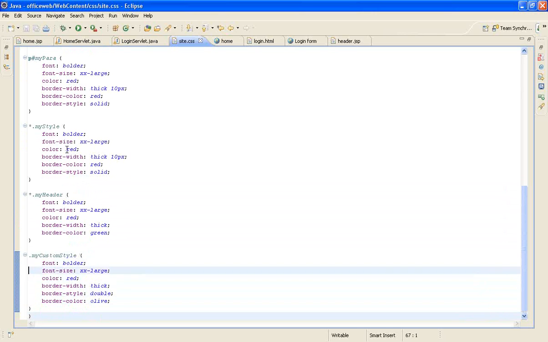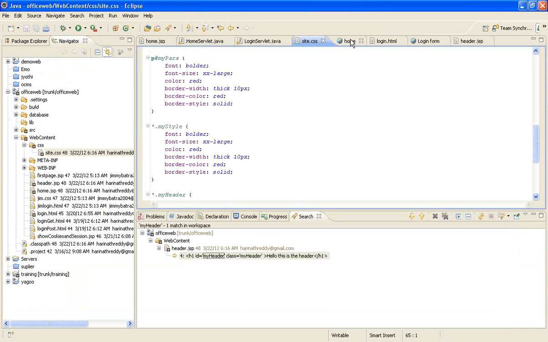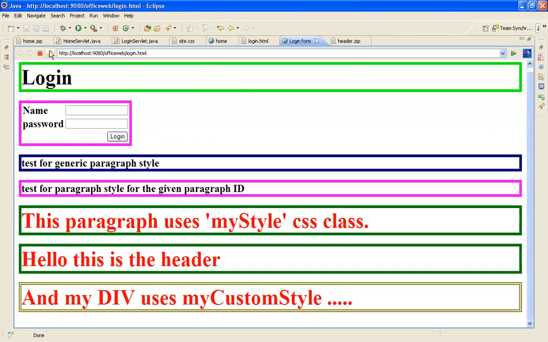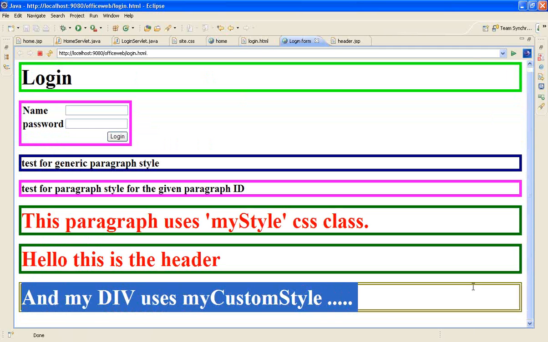Jimmy, can you do a small assignment for me? Sure. Whatever styles I have in the CSS site.css, you create a plain HTML file. Just the way I'm doing, I'm saying this is the header in the login, and this is my div that uses a custom style.